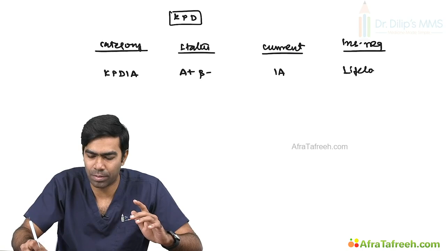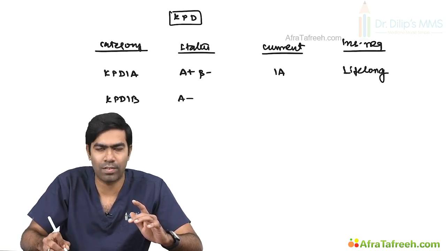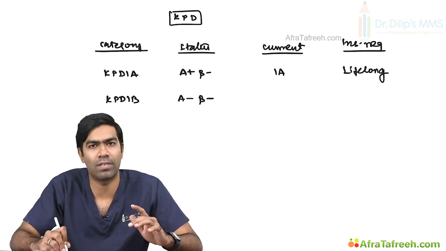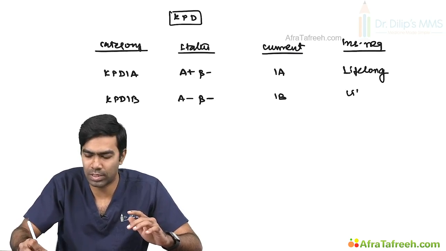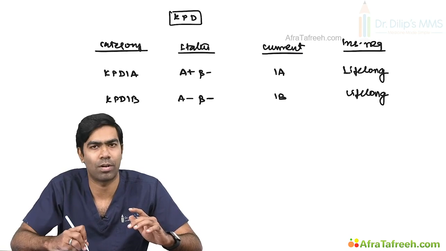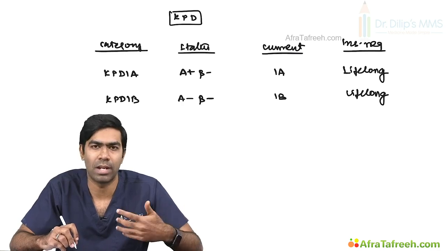and insulin requirement is yes, definitely lifelong. And we have ketosis prone diabetes type 1B, where you do not have autoimmunity, but at the same time you do not have any beta cell mass as well. These patients will be called type 1B patients, and once again their insulin requirement will be lifelong, because they are insulin dependent and they are insulin deficient,